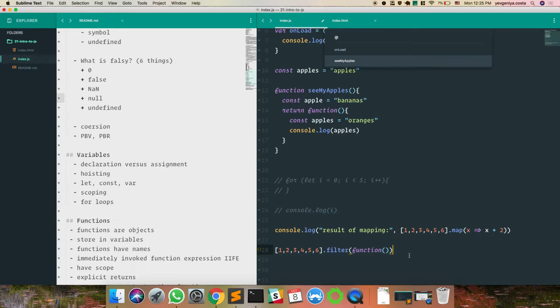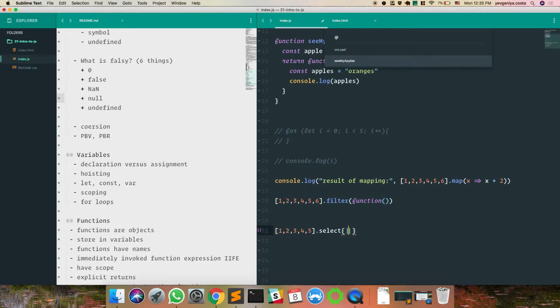In Ruby, we did .select, and then we gave it a block. The thing between the pipes represented each thing, and after the pipes, we said the condition that we wanted. It's pretty similar in JavaScript.